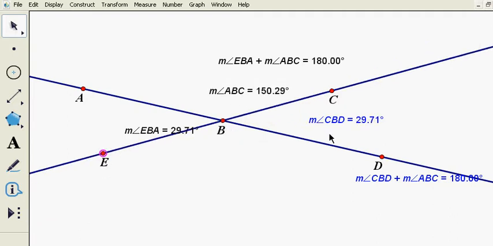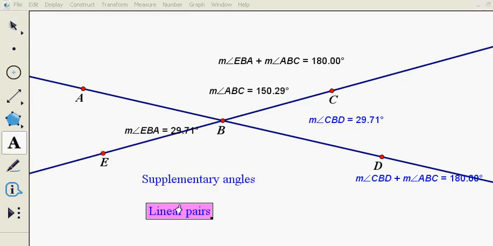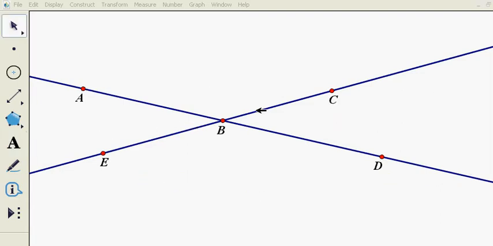So these angles that we've been talking about, these are supplementary angles. And they may be called linear pairs of angles because they make a line, and linear has the word line in it. The next thing I want to point out is when we have our intersecting lines again, still the same kind of intersecting lines,